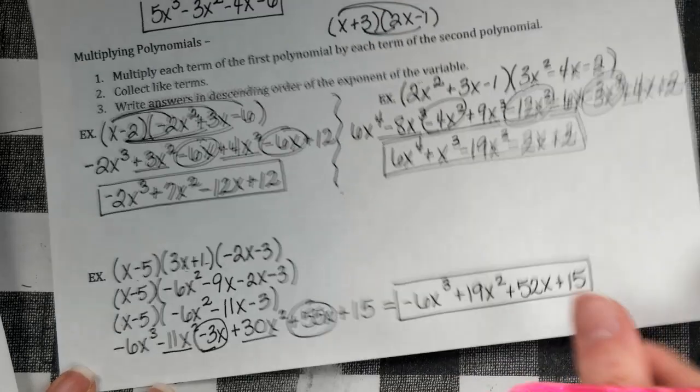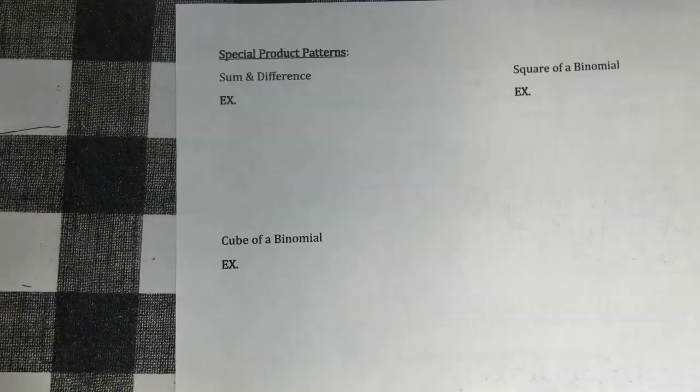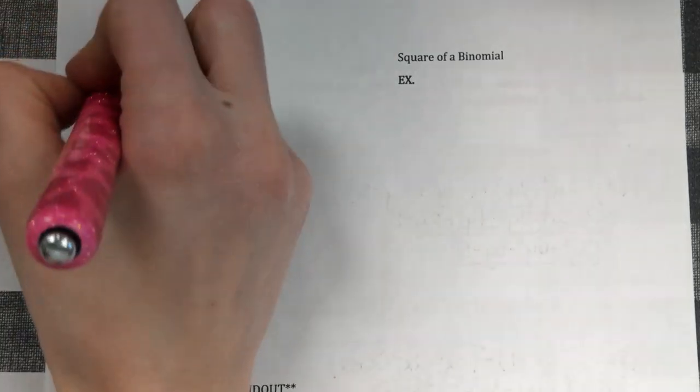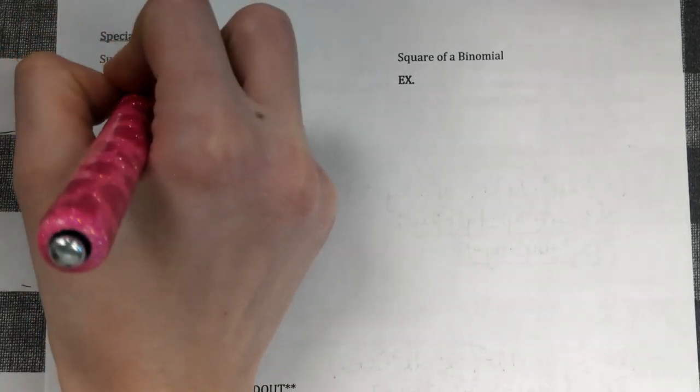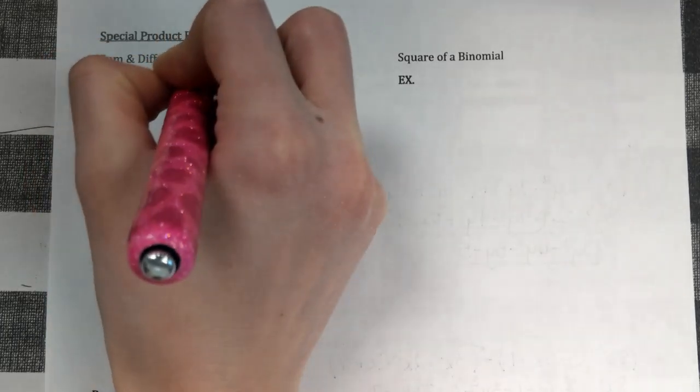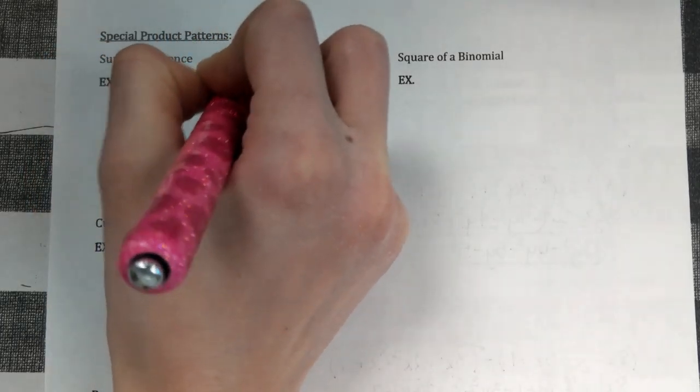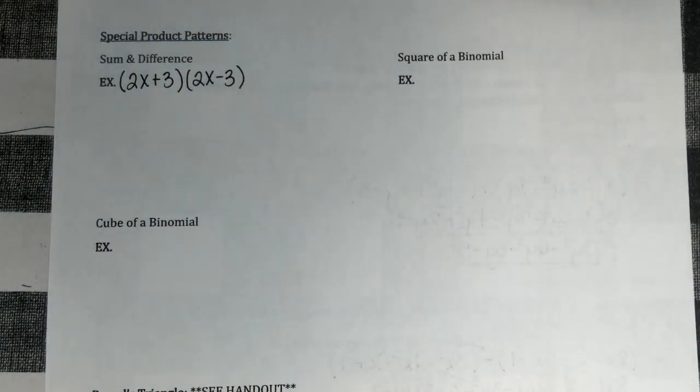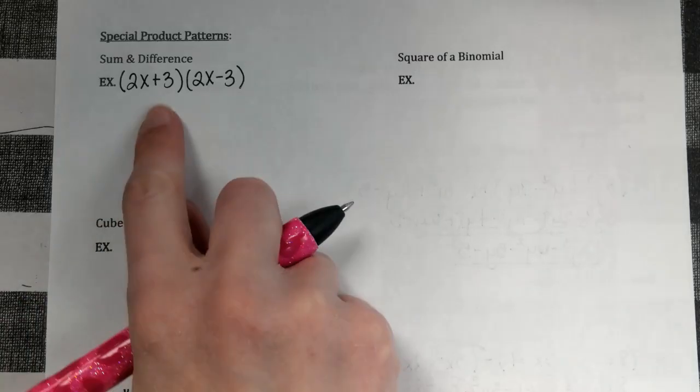Okay, so if we look at our next section, these are special product patterns that you can either use the pattern that I go over, or you can still just take your time to multiply. So if we look at a sum and difference, that is if I have 2x plus 3 times 2x minus 3. So at this point you would just FOIL that, but you should recognize that these two are conjugates,